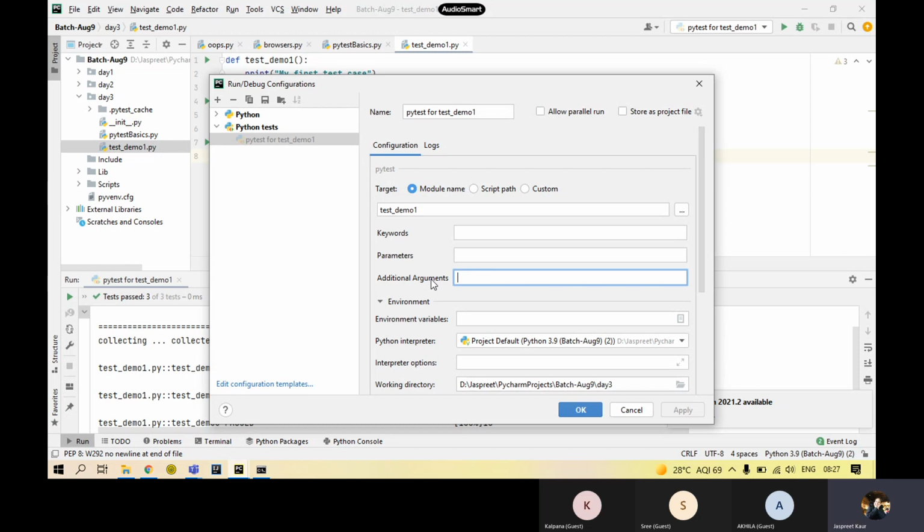We are going to do those settings over here, and along with that, sometimes what happens is that PyTest does not let you print the result. It does not let you have any print statement in the whole test case. It does not allow it. So for that, you can add an argument, that is -s.